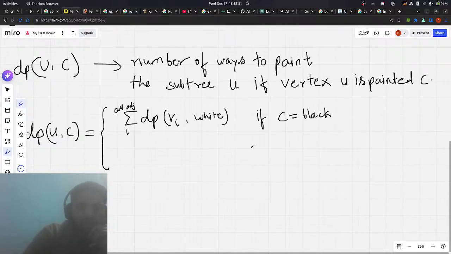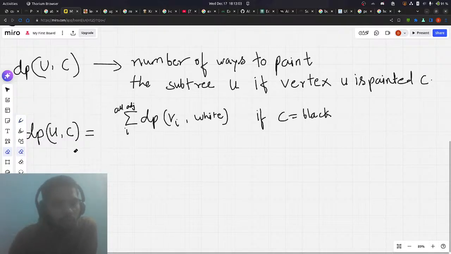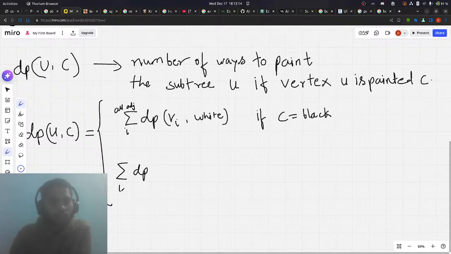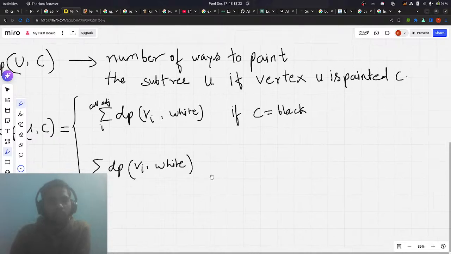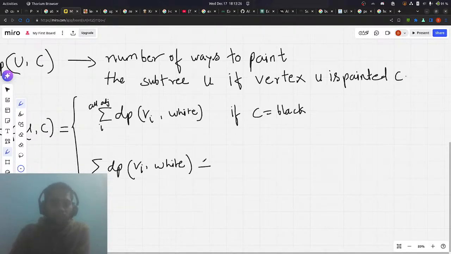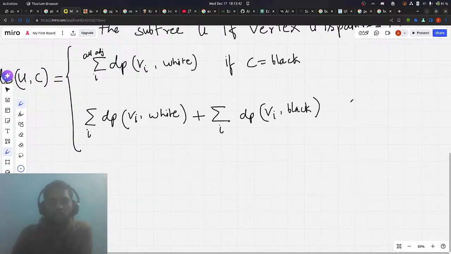But if we have C as white, then we have the option of doing this summation over i of dp vi white plus summation over i of dp vi black. Okay, so if C is white,